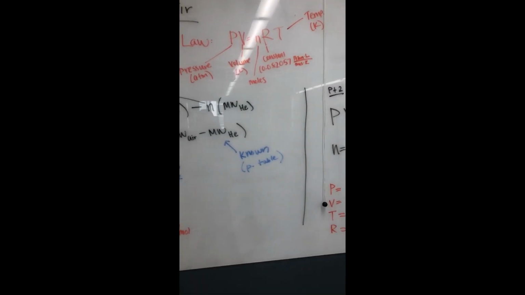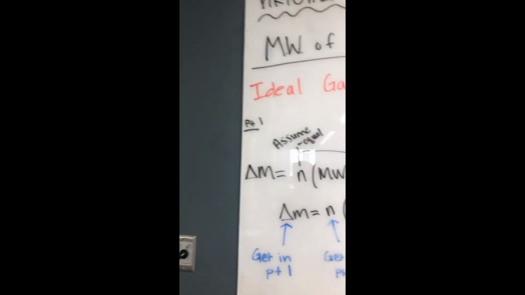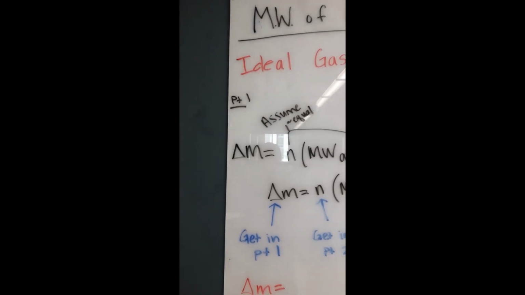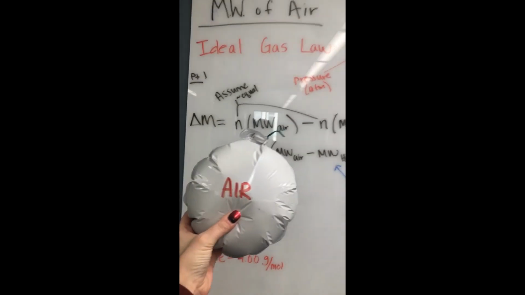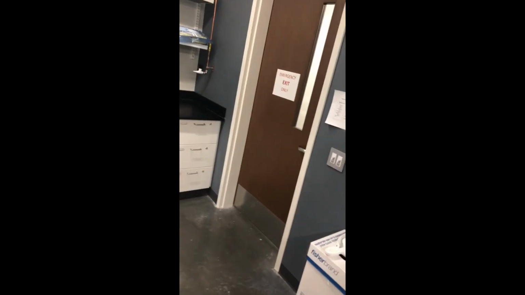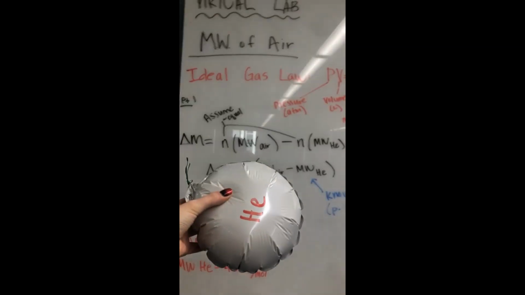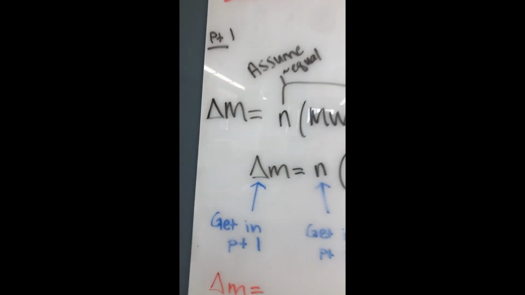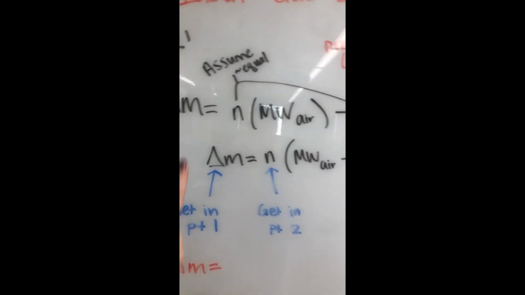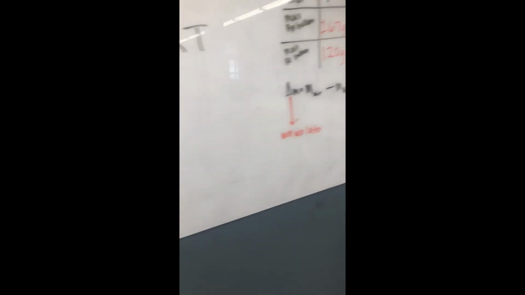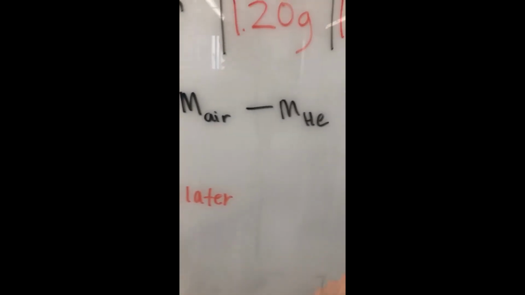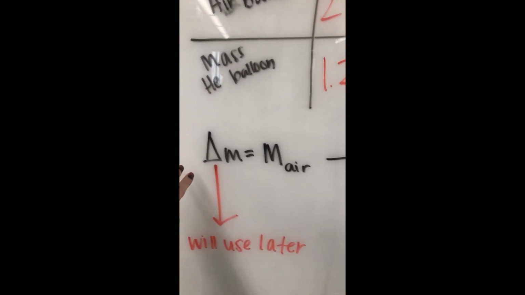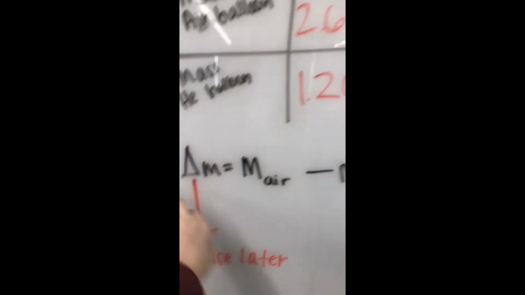So the way we'll do that is in part 1, we're going to measure the mass of 2 balloons. I've already filled them up for us. One balloon will have air in it, and the other balloon is full of helium. And then we will plug it into this equation to solve for delta M, which is the difference in the mass